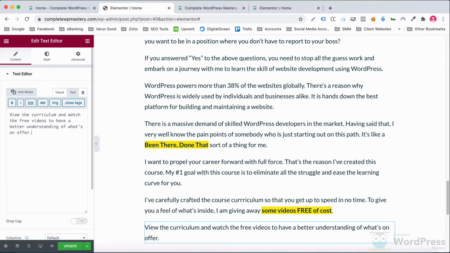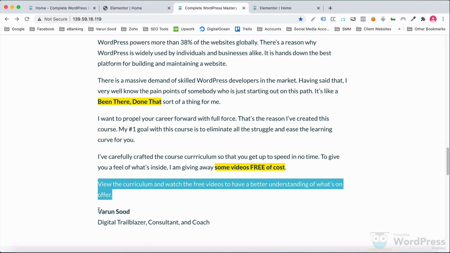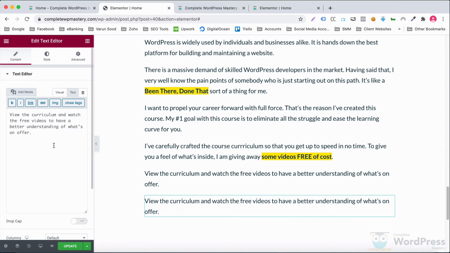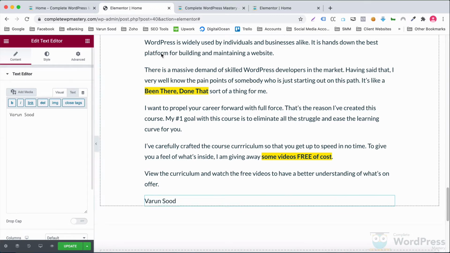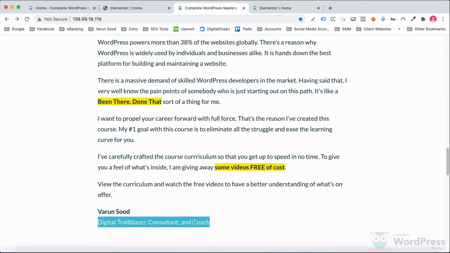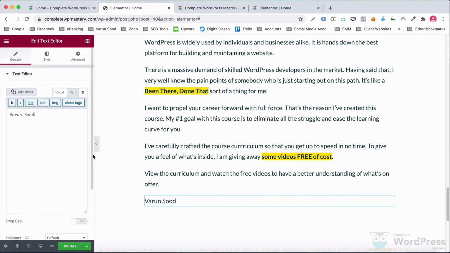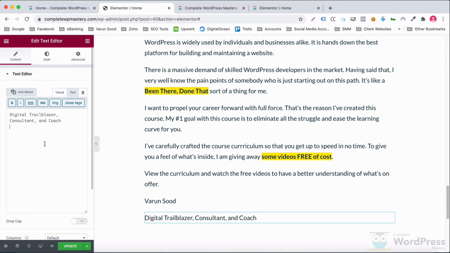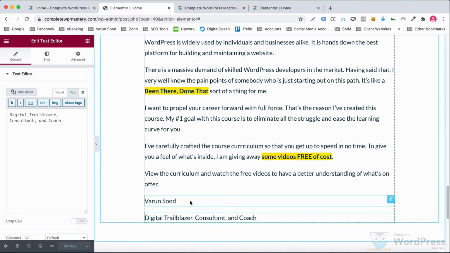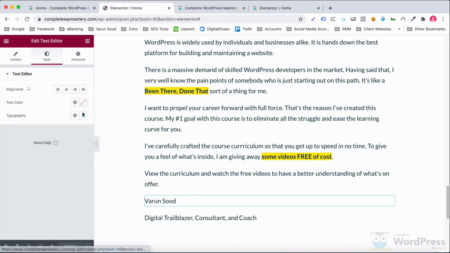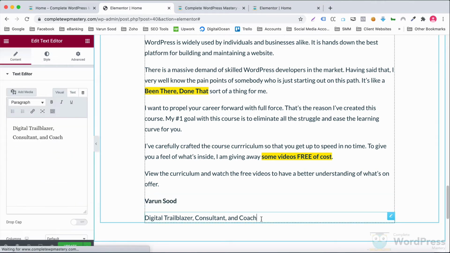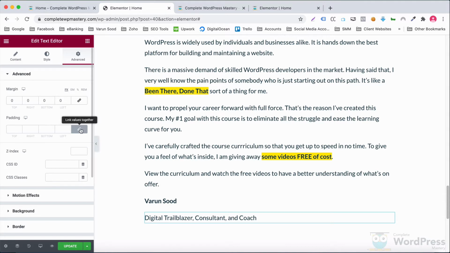Okay, so all the paragraphs have been added. Let me now add my name and this bio. I will make my name bold and have a top margin of minus 20 pixels on this.